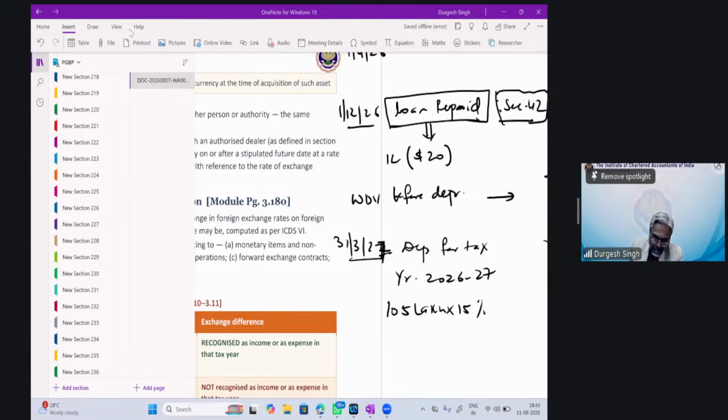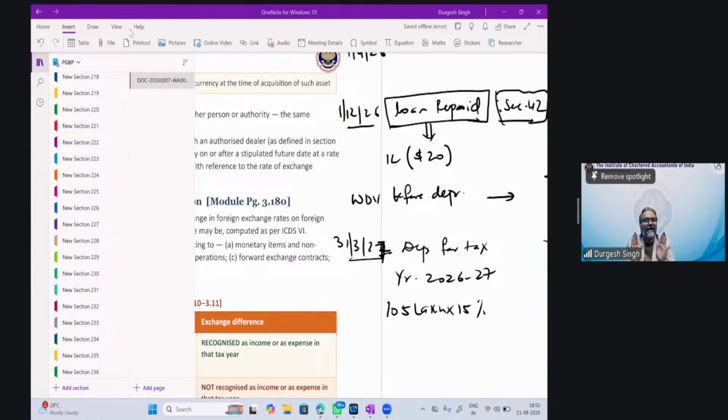You will do the capitalization of 20 lakhs. So students, now just pay attention, summarizing this entire thing. When section 42 is applicable, be very careful. The first and foremost requirement is that there has to be a foreign exchange asset that you should have purchased, and against that asset there is a corresponding foreign currency exposure. The example I have given you was that I have taken a corresponding foreign exchange loan to get this asset from the foreign country.